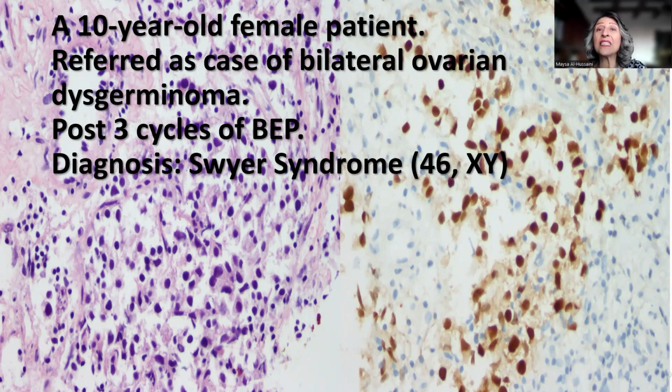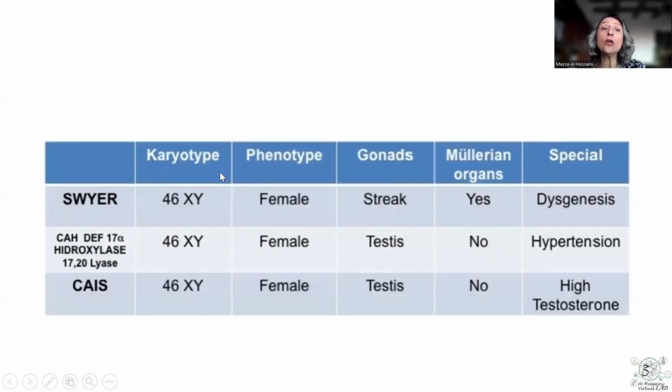came back as 46XY, confirming that although phenotypically this is a female patient, by karyotyping, apparently this was a male patient. And if you look into the karyotyping male profile versus a phenotyping of female profile, there are 3 syndromes, 2 of which will have evidence of testicular differentiation, and 1 will show a streak-only formation without testicular formation from which tumors develop, as well as other Mullerian organs like our case exactly, and that would support the diagnosis